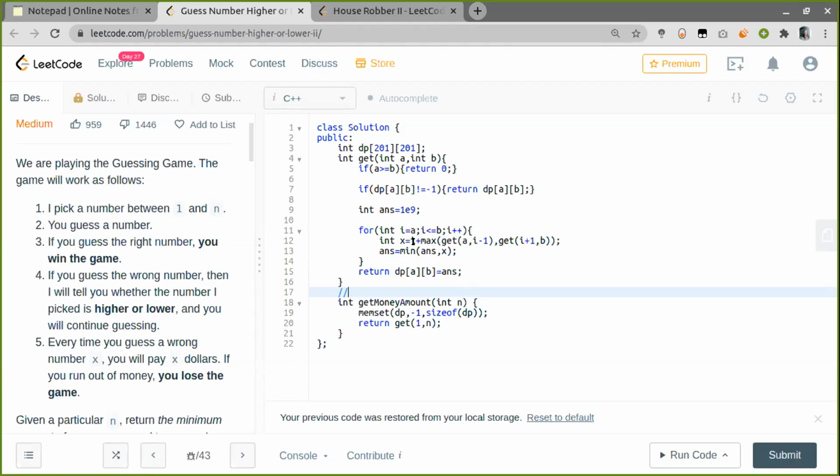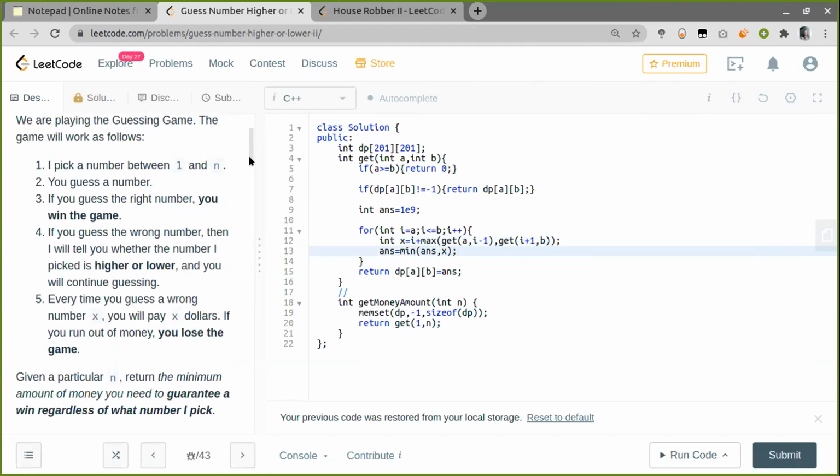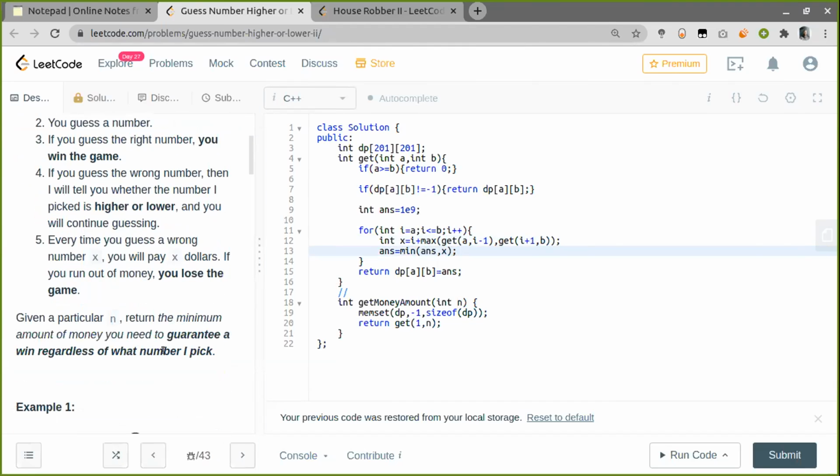So if the guess is I, but it is not correct, then we have to spend I coins, and then our search space will be divided into two ways, which will be from the start index to I minus 1 and I plus 1 to the end index, since the I we guessed is the wrong answer. And from all the answers, we take the minimum. Yeah, the minimum amount, right?